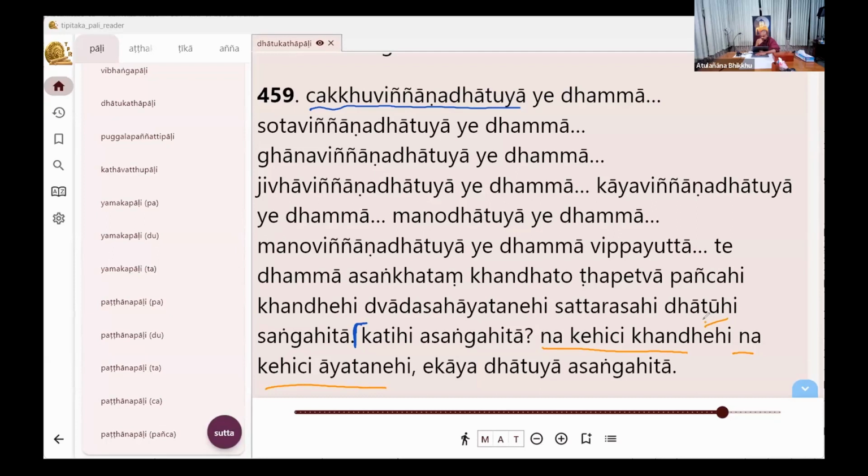Na kehichi khandehi means it is not disassociated with any aggregate, so Sayadaw has indicated 0 in the table. Na kehichi ayatanehi means not with any base. Ekaya dhatuya asangahita: it is not classified in any aggregate, not classified in any base, unclassified in one element,